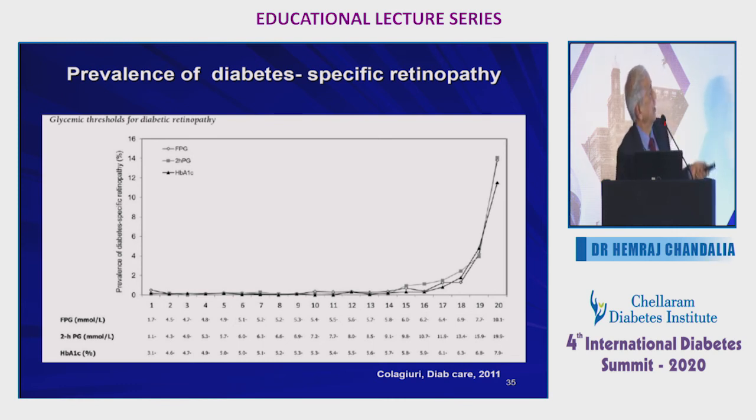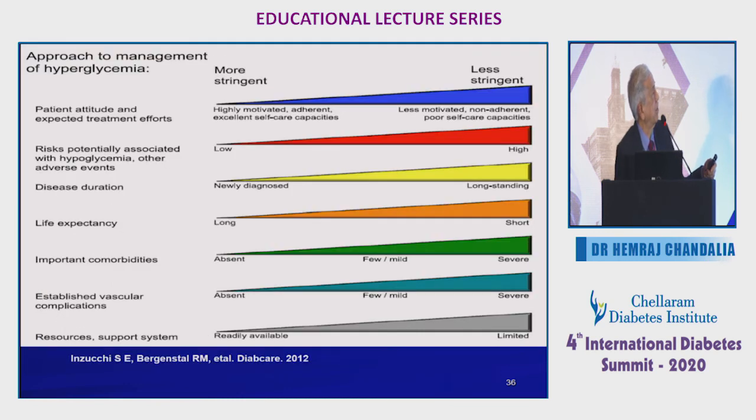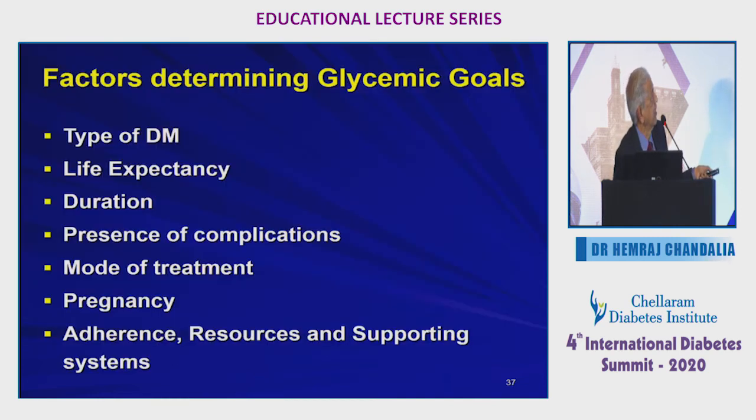So this is retinopathy in the large population, again Anne Haynes data. As soon as you go to a certain A1C, you see retinopathy starts rising, and as you go further up, it goes vertically up. So this is how we derive what should be normal or what should be the goal. This is how it is scientifically derived. The goals change depending upon this. This is a very famous paper. You keep seeing it in many lectures. Very important. Depending upon these factors, your A1C goals change.